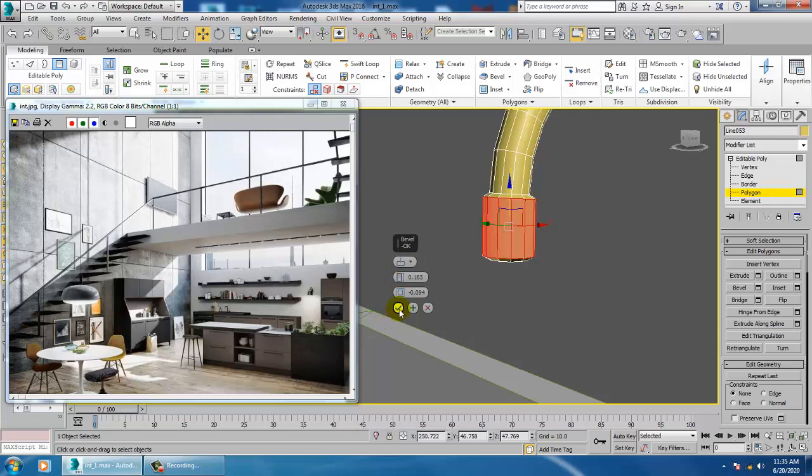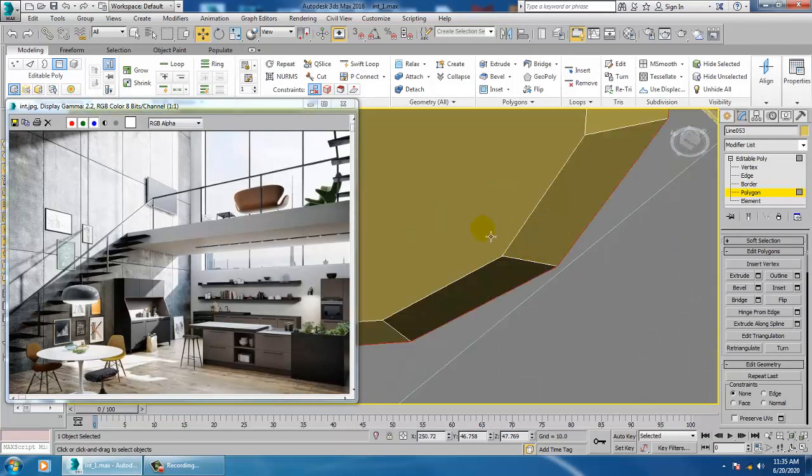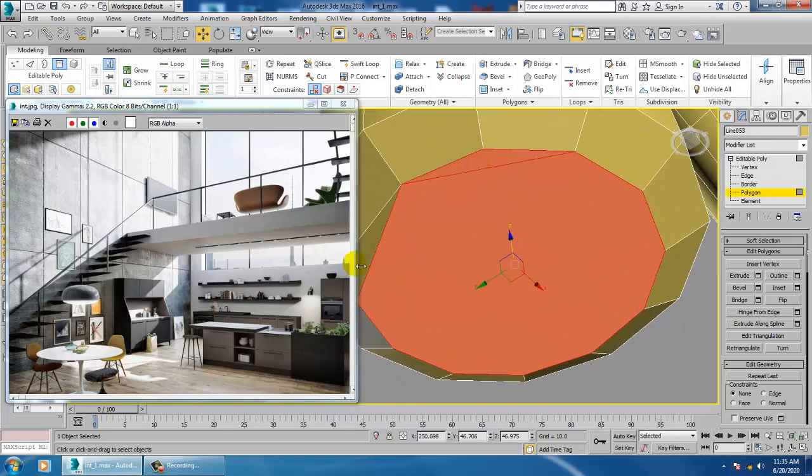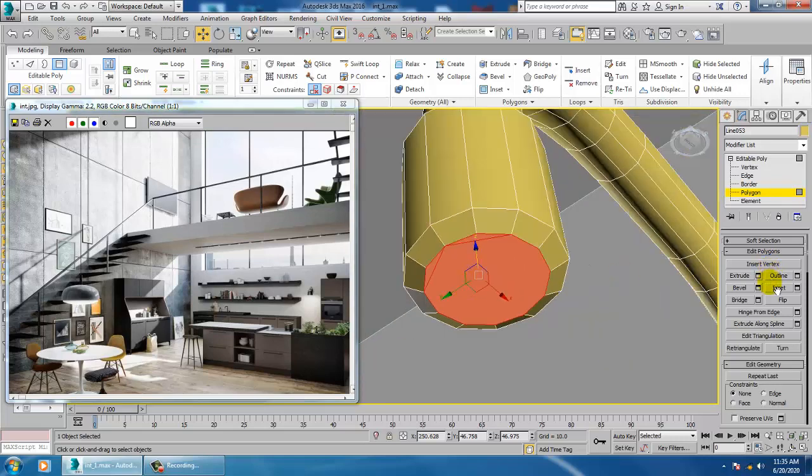That's it, click OK. Select the bottom faces of these polygons, inset a bit, extrude inside, and delete the faces over here.